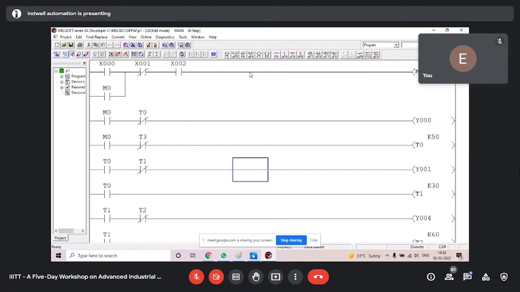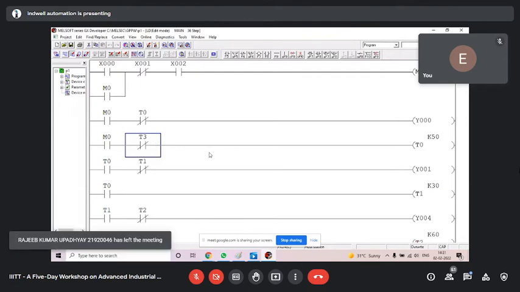Now you say, yeah, tell me. Sir, why are we adding T3 in the timer one ladder? Sir, please explain, I didn't understand. To repeat the process, we are adding T3 NC switch in the first timer one ladder. Sir, why are we doing this? So you want to know how it will repeat the process, right? Yes, sir. Kindly remind me this question when we finish this project, and I will tell you. Okay, remind me please.